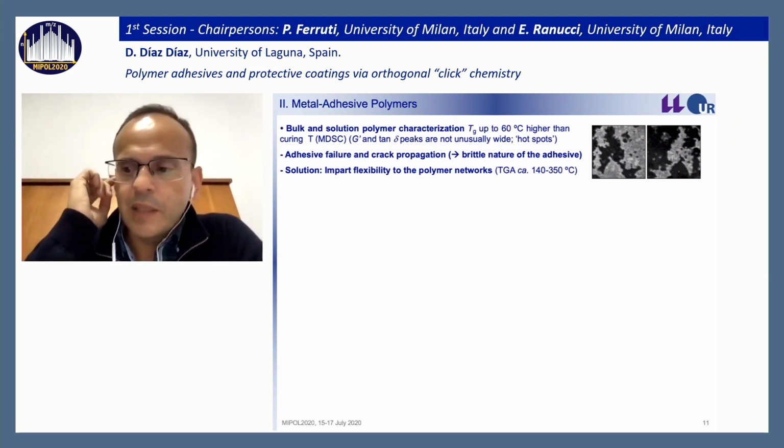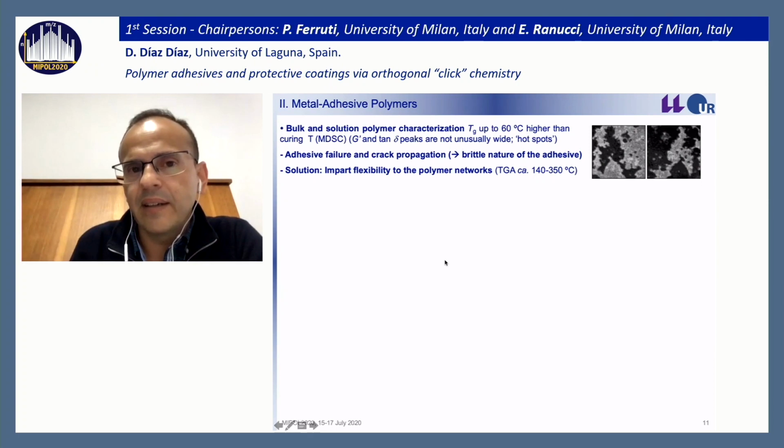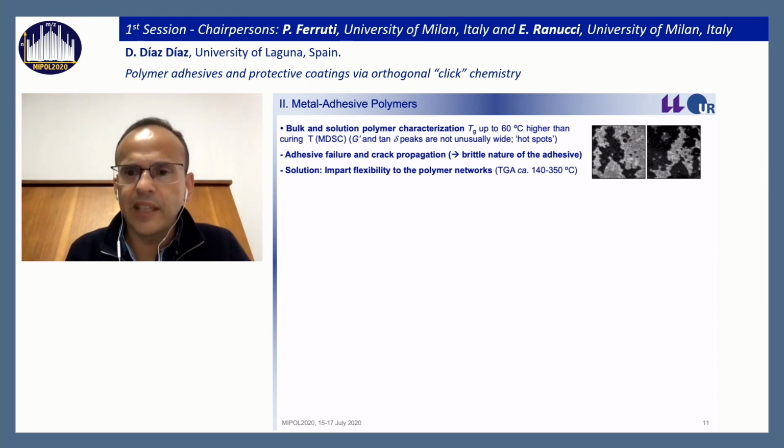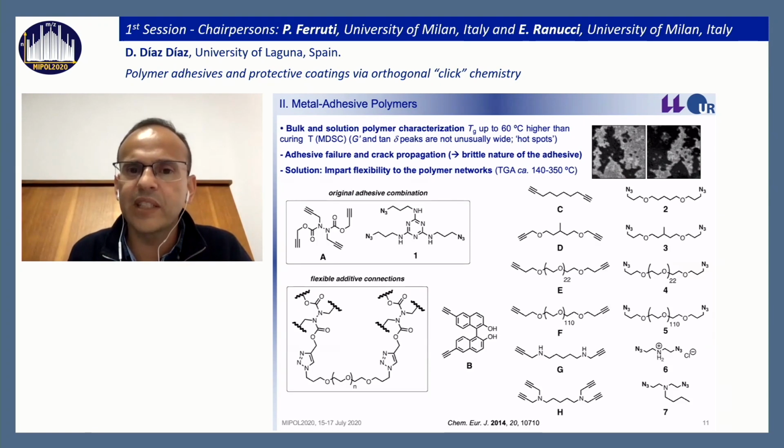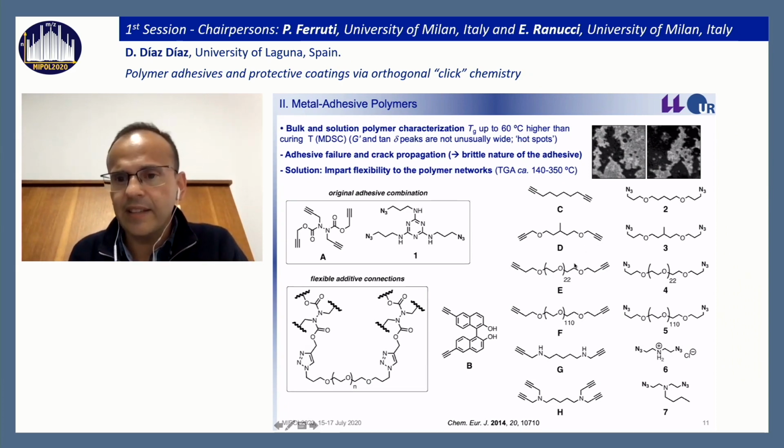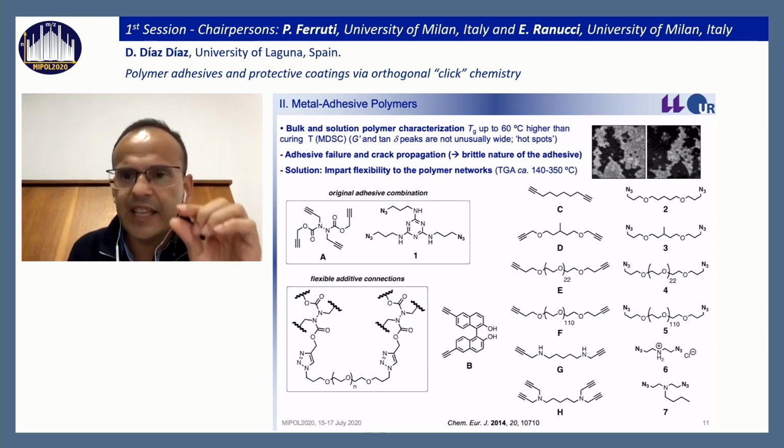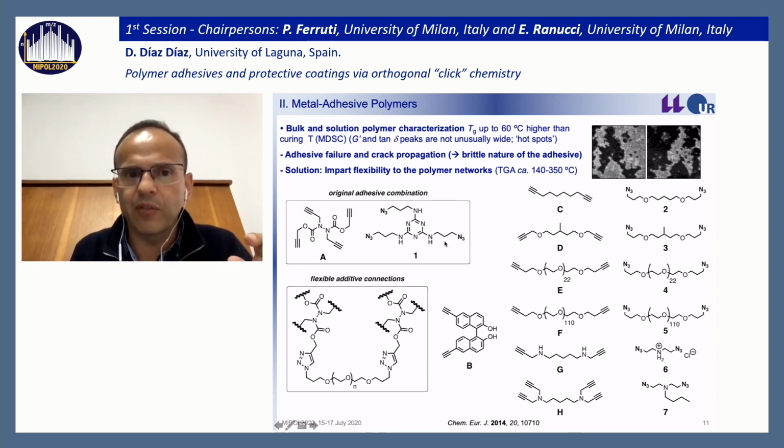Now, the original polymers that I showed you are not really good because they are brittle in nature. So if you look at the thermal property of these polymers, they are really brittle. And one way to improve the performance of this adhesive is by incorporating some flexibility into the network. So how can you do that? You fabricate alkyne additives that you add in a very tiny amount to the formulation. So you have the main formulation, which are, for example, these two molecules, and then you add a little bit of this flexible